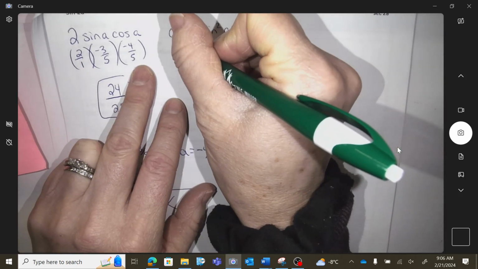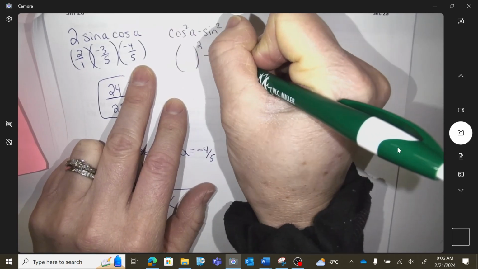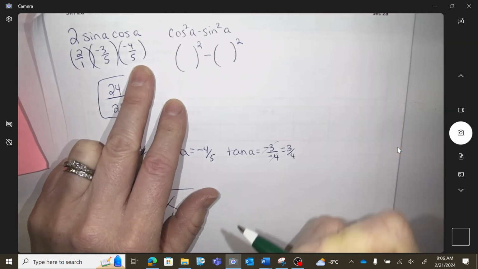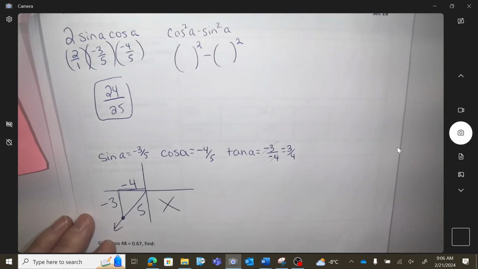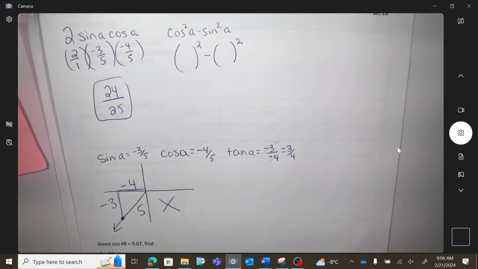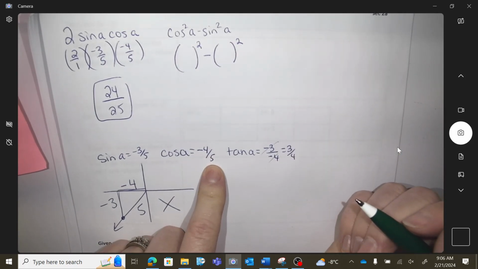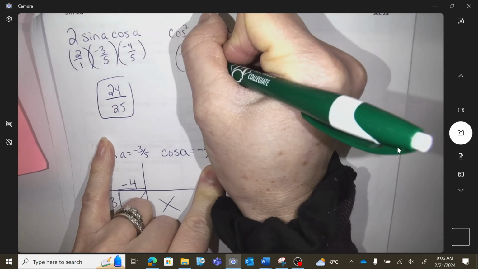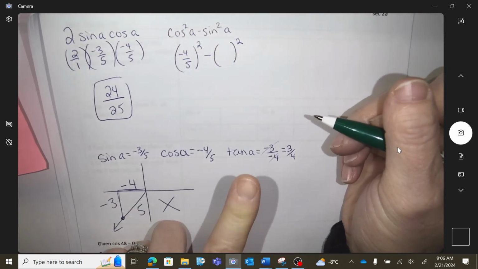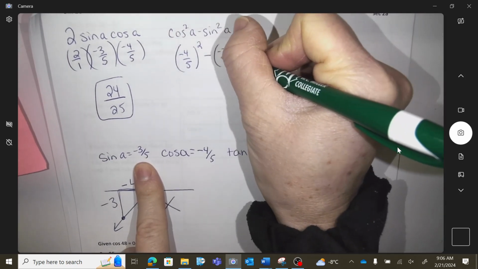Okay, so I'm going to go something squared minus something squared. And now fill in. What did we write? I'm just copying now. We wrote cos of A needs to be a negative 4/5. Sine of A